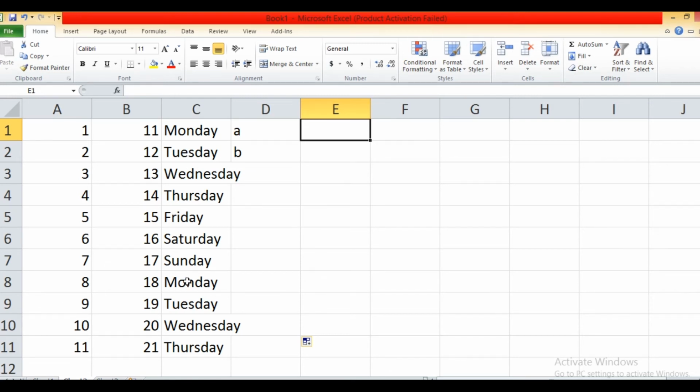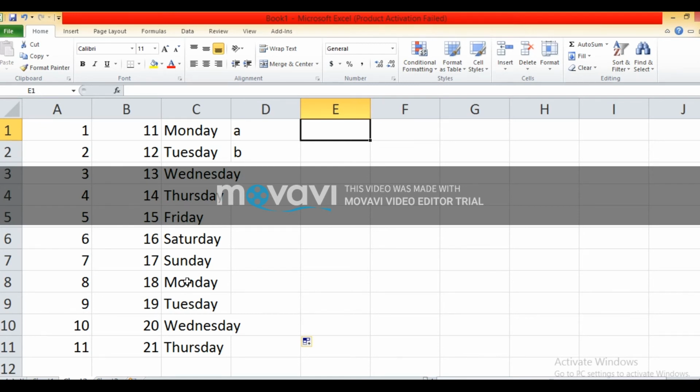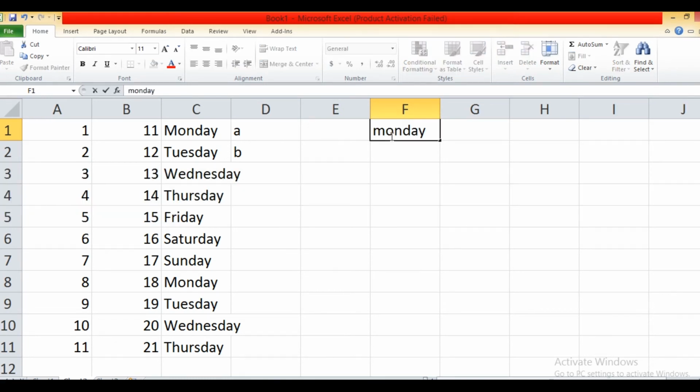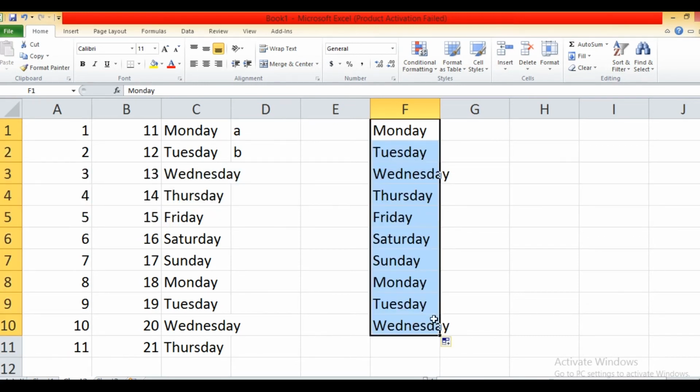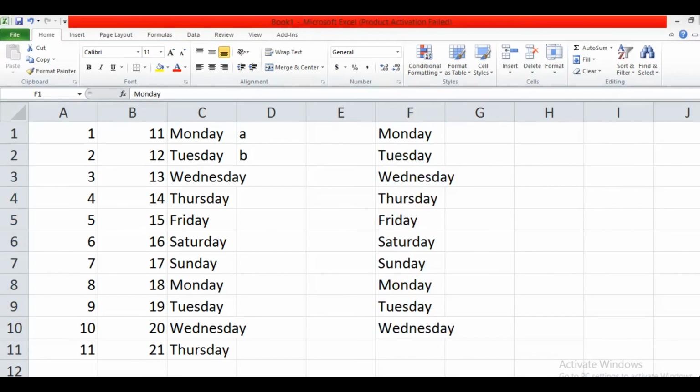First you have to enter a value in the cell, in a month cell, then press the enter key. First write any name of a day. For example, I have written Monday. Again I am telling you, then press the enter key. Select the cell with the help of the mouse and drag the fill handle to enclose the desired cells to be filled with the series, till where you want to show the data. This is the use of the autofill option of Excel, which automatically fills the cells.